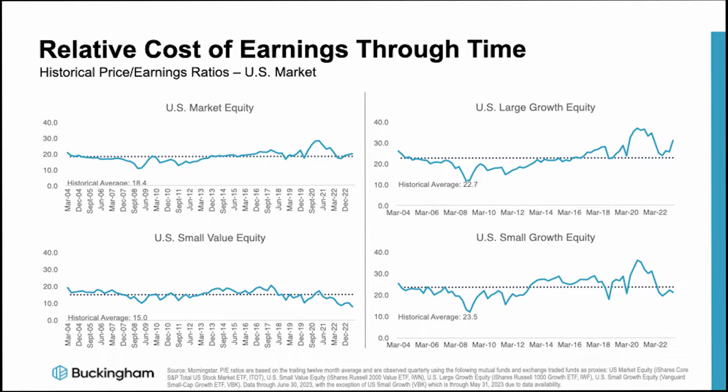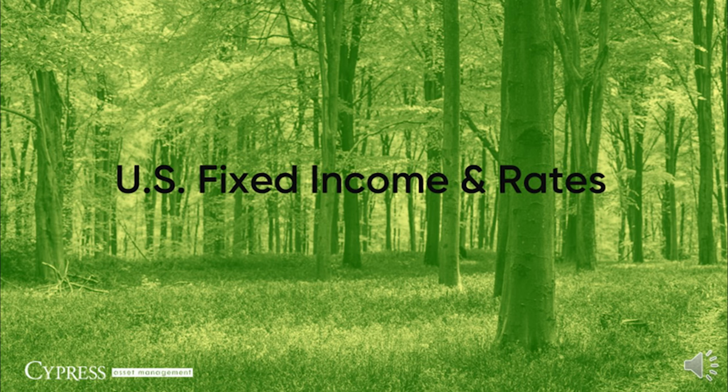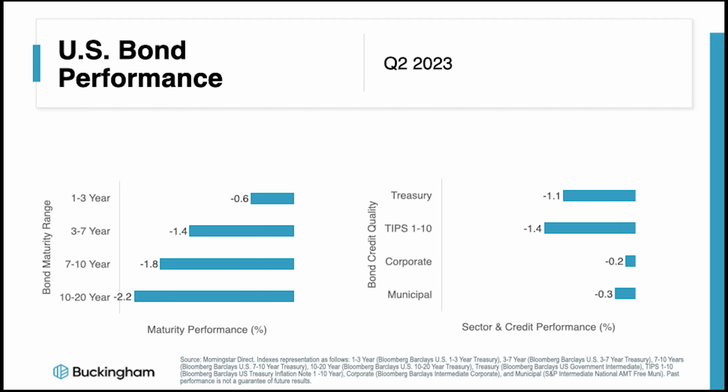Next, we will take a look at fixed income performance, the shape of the current yield curve, and how the market is currently pricing inflation. The charts on the screen here show the average performance of the different bond maturities in the segments of the fixed income market that we commonly track. We typically prefer investing in bonds that are shorter maturity and higher quality compared to the broader market. In the chart on the left-hand side, we see that bonds of all maturity ranges had negative performance, but markets favored short to intermediate maturities relative to longer maturities.